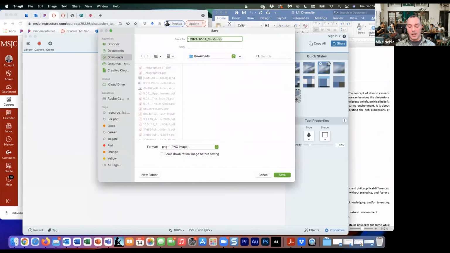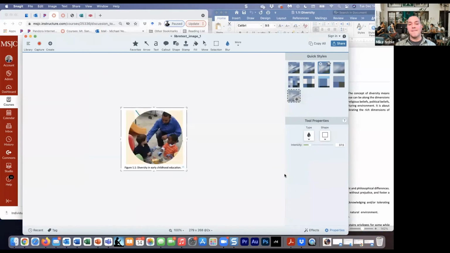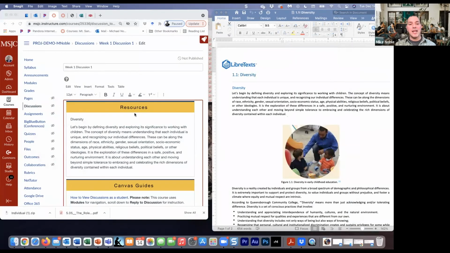So I'm going to call this my LibreText image 1, and then I'm going to put it in my download folder. Let's go ahead and save that. All right. So now I've captured this, and this is the quickest workaround that I've found to bring images or other graphics in. So I'm going to close this, and then here in the classroom where I want to place it,